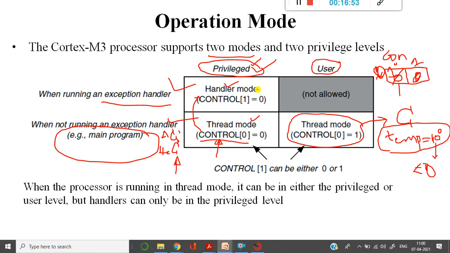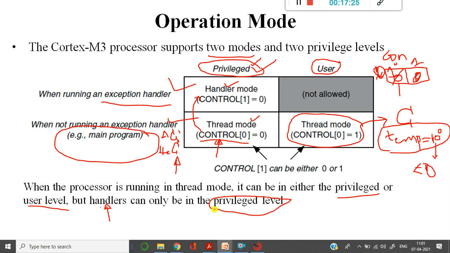So this is how the operation occurs in the processor. When the processor is running in thread mode, it can be in privileged mode or user level. But if I want to execute handler mode, which is nothing but a kind of device driver program, then it has to be privileged level itself.